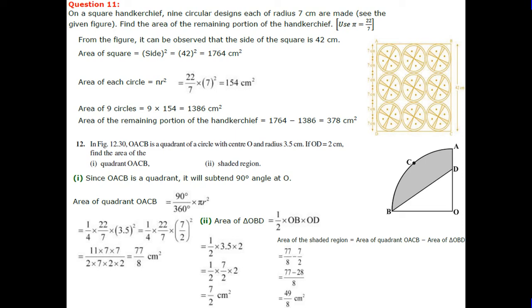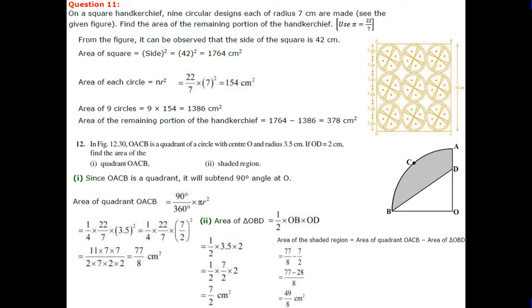Question number 12. In figure 12.30, OACB is a quadrant of the circle with center O, radius 3.5 centimeter, OD equal to 2 centimeter. Find the area of the OACB shaded region. Since OACB is a quadrant, it will subtend a 90 degree angle at O. Area of quadrant OACB is 90 pi r square upon 360, that is equal to